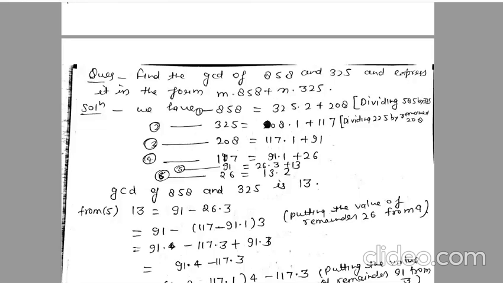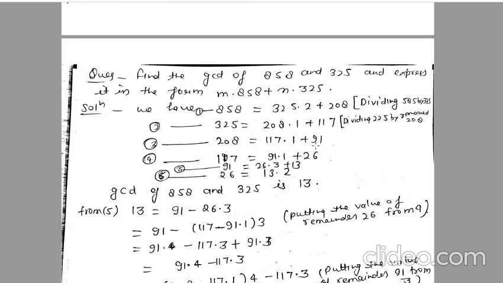Now the next step: you choose your second number B and write B in terms of the remainder and a new remainder. So 208 divides 325 only one time, quotient 1, remainder 117, right? Now you choose 208 and write 208 in terms of the remainder plus a new remainder. So 117 divides 208 one time, quotient is 1 and remainder is 91.